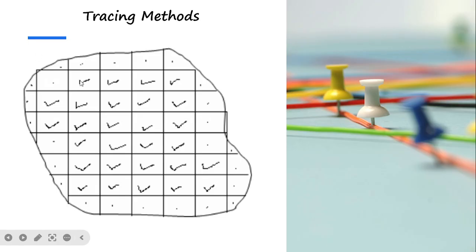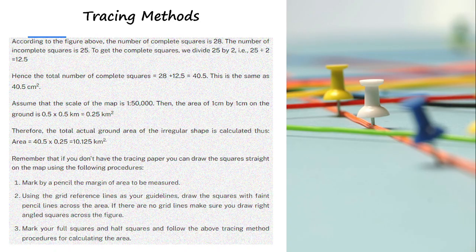You mark up the full squares that have not been crossed, and you also mark up the remaining half squares. The half squares are the ones that are not fully marked. As you can see here, the ones that have the tick sign are the full squares. Now, according to the figure above, if you count the number of complete squares,